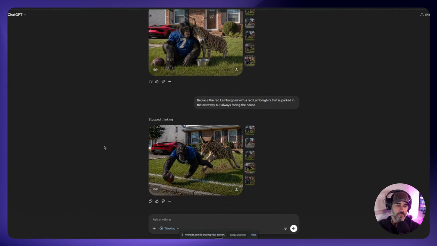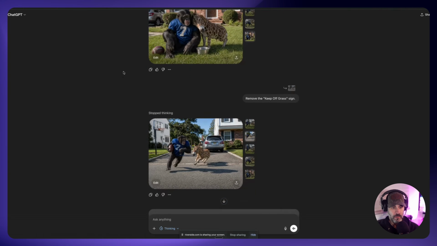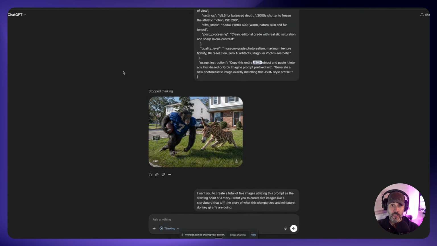Now, one thing I do want to mention is that the more often you edit the original images that come through, and if you've done anything with editing images before, especially in Nano Banana or any other tool that allows you to go in and edit images, you might find that as time goes on, the images start to degrade in quality. That's primarily because, in my opinion, it's utilizing that image and trying to edit it.